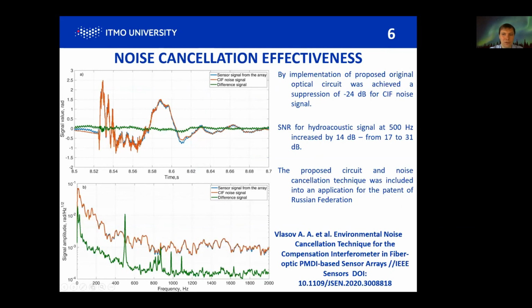The effectiveness of the proposed scheme was tested during the testing of a fiber optic streamer. As can be seen from these plots, in the time domain and the frequency domain, there is a noise signal whose amplitude is 20 times larger than the hydroacoustic signal from the sensors, which makes it possible to detect a formation signal and suppress the noise signal by more than 4 decibels. The signal to noise ratio at a frequency of 500 Hz thus increases by 14 decibels. The detailed information on the study is presented in